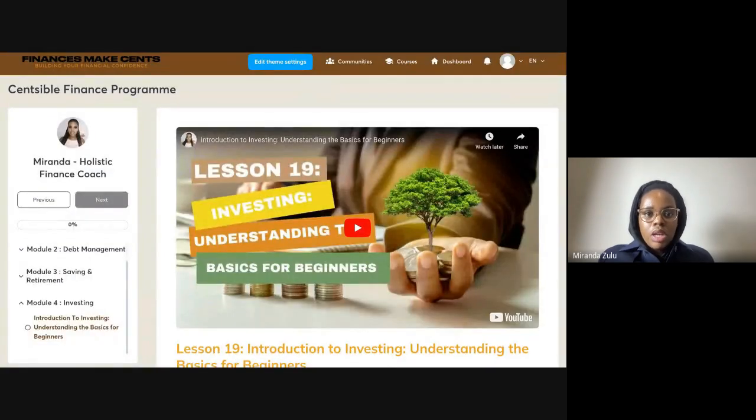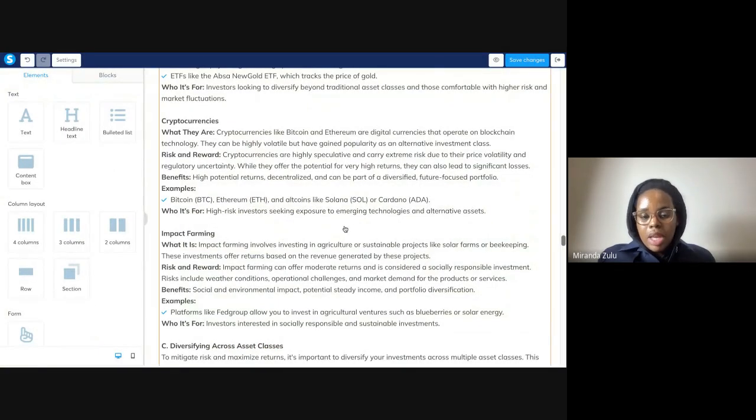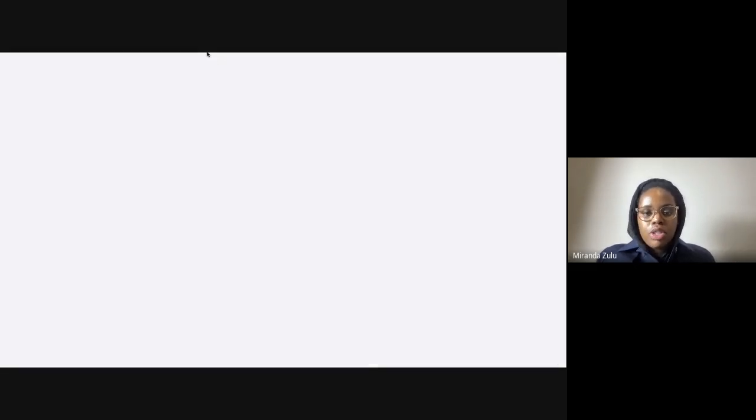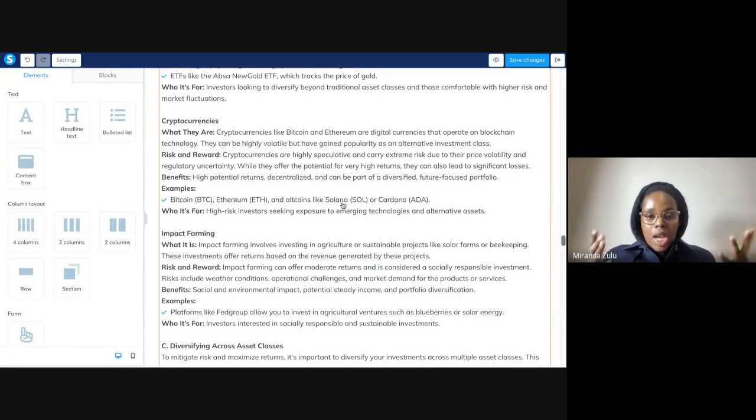So for those that sold at the right time, they gained. Those that didn't and held, they lost some money. But if they're still holding, they've recovered now, and they're actually in a far better position than they were here in 2021. So with crypto, you need to really be on the pulse. You need to know what's happening, check everything. It's just higher risk.